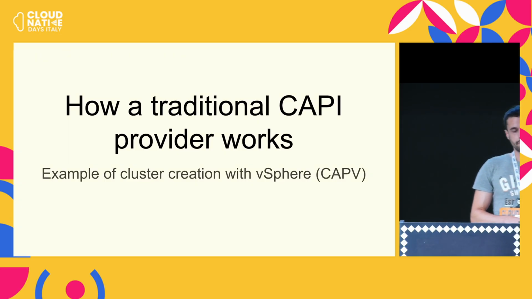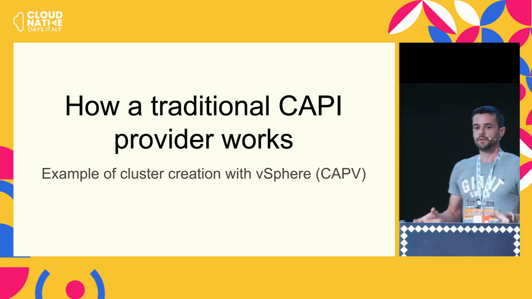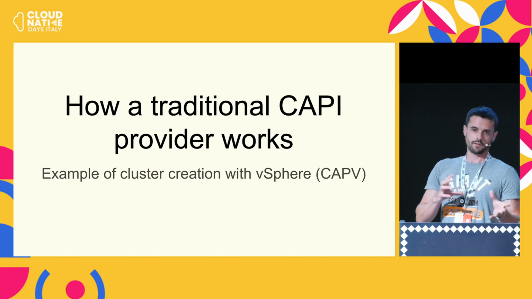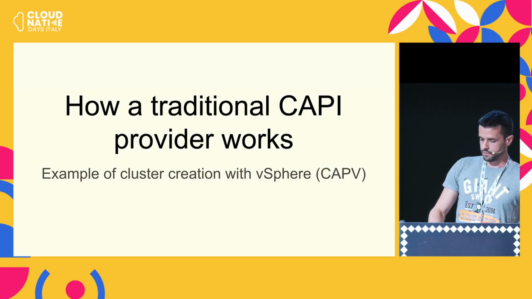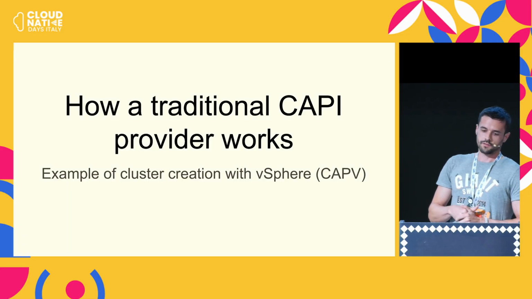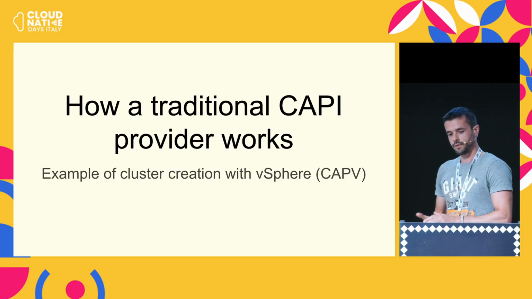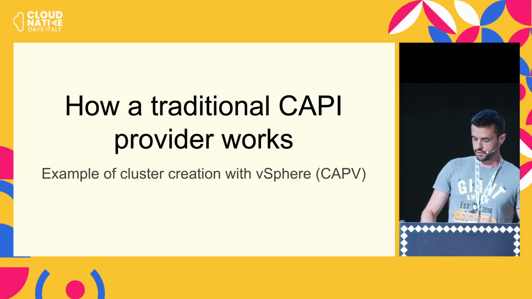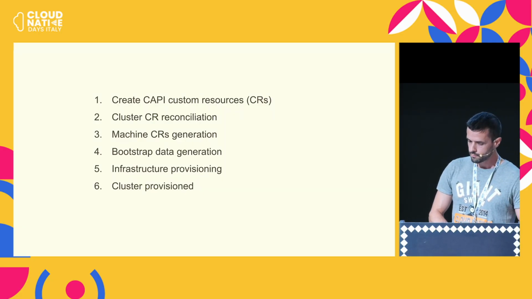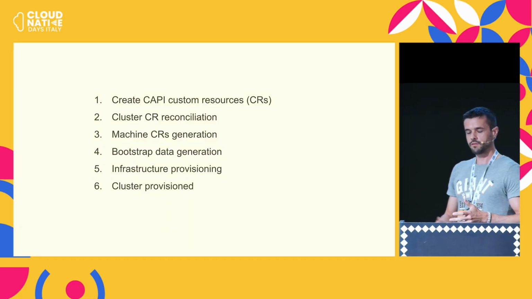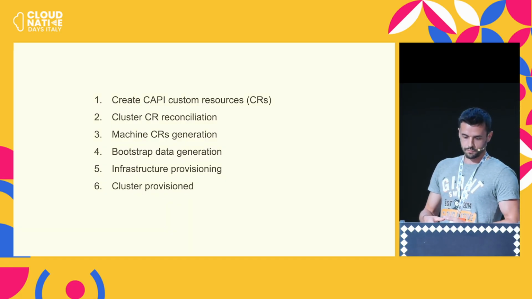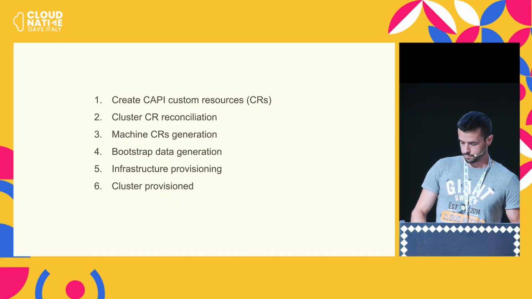First of all, I'm going to look at how CAPI works, then we'll look at Metal3, and we'll see how these two things tie with each other, Cluster API and Metal3. I took vSphere as an example because my background is as a VMware guy, and the vSphere provider is pretty simple, so it's a pretty good example for this case. These are the 6 steps we're going to go through: create the resources, and then we see how this stuff is being reconciled and how the cluster is provisioned.